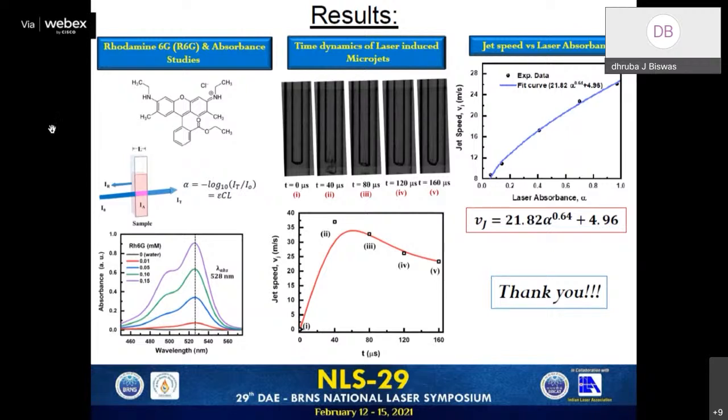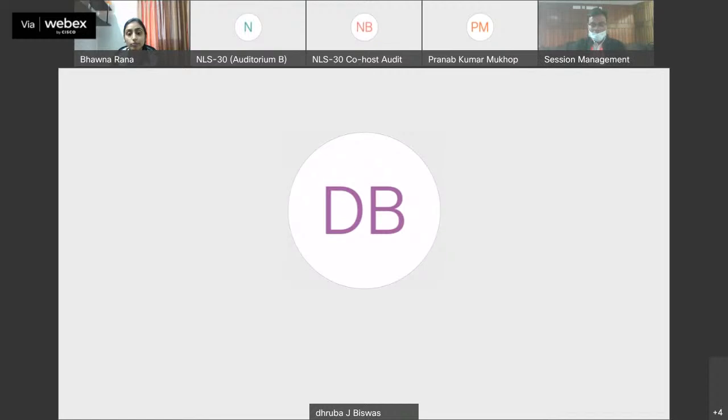Sir, in the NDR laser system, what we have is 1064. If we move to the second slide of the presentation, you can see that this 1064 is further used in the second harmonic unit in order to generate the 532. Correct. So ultimately that 532 we are impinging on the microcapillary, and then the phenomena of laser absorbance and ultimately bubble formation and jet formation take place. So our motive is to make people understand that if you change the concentration of the rhodamine sample, obviously the laser absorbance will change.